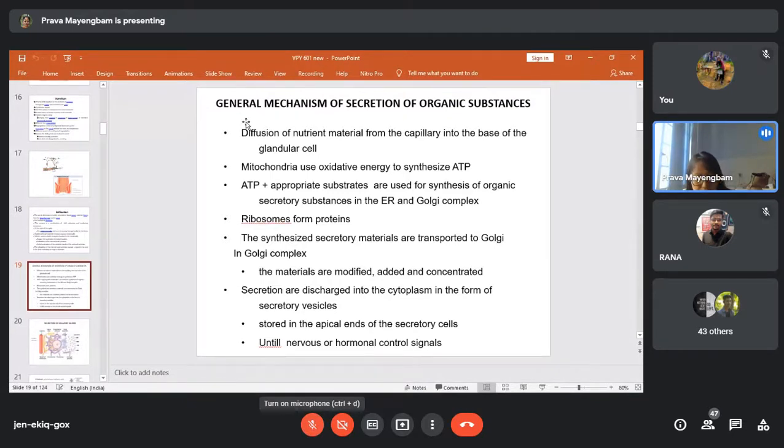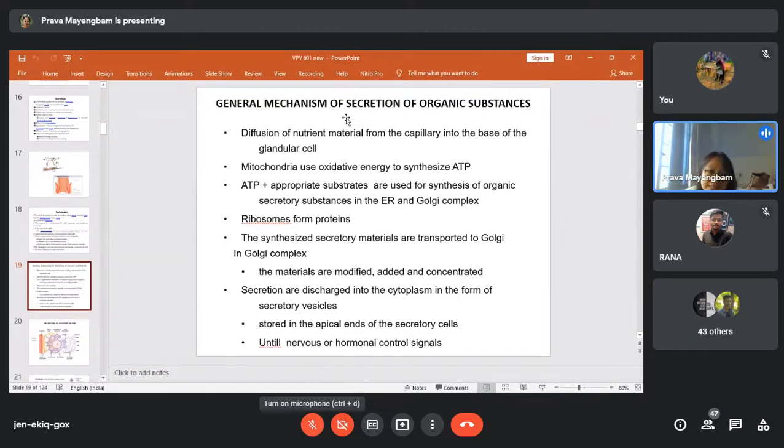Secretion. In short, we have discussed the different parts of the digestive system, and now we will start with the secretory part, the main activity of the digestion. So, what are the general mechanisms of secretion? Secretion from the mouth, secretion from the stomach, secretion from the intestinal walls, then other organs like the pancreas, secretion of the liver. All their secretions will be poured into the digestive system and they are going to play their roles.